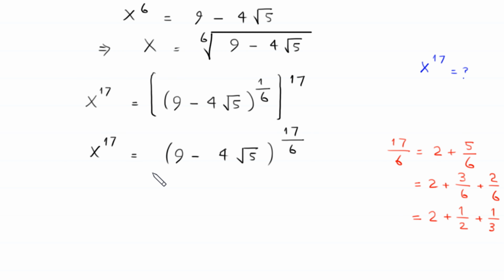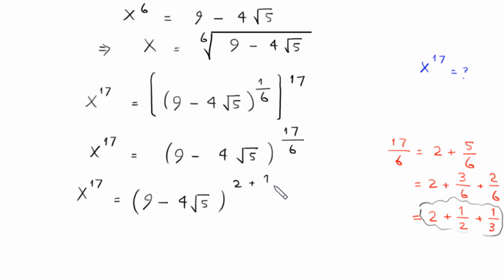So we can rewrite this expression as x to the power 17 is equal to (9 minus 4 times root 5) to the power 17 over 6, written in this form: 2 plus 1 over 2 plus 1 over 3. And this will become x to the power 17 equal to (9 minus 4 times root 5) whole squared